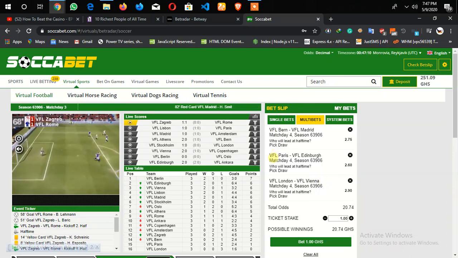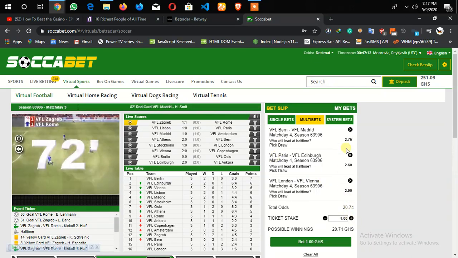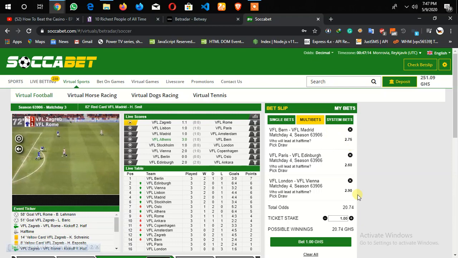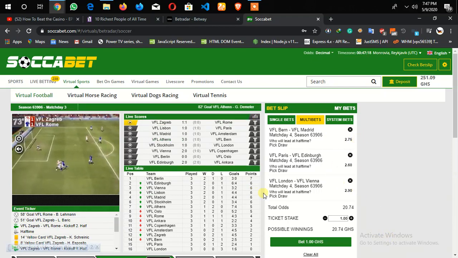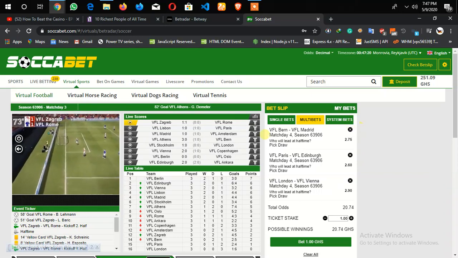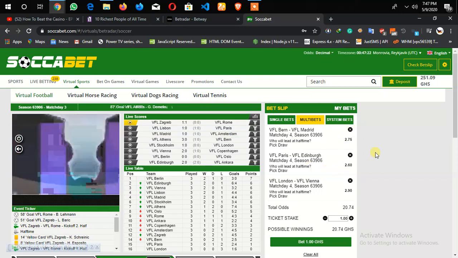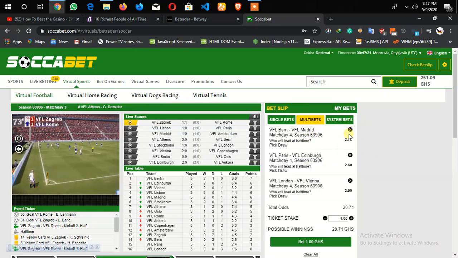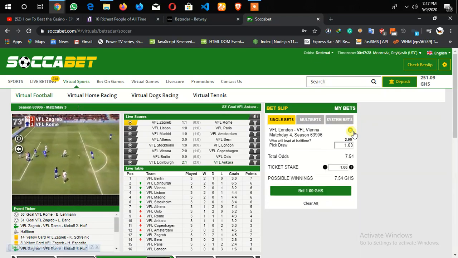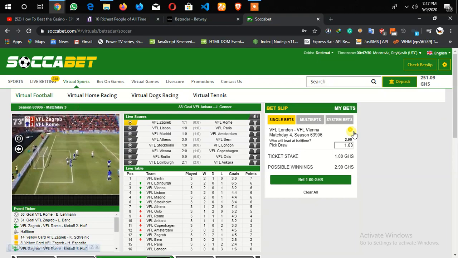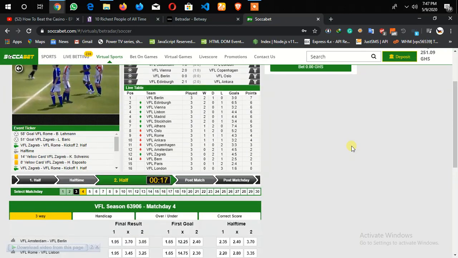Now there's a very confusing thing that I keep seeing people ask me: Danny, how do I bet? I wouldn't want you to be betting these games like this, which is multiple. That is because if one game fails, the whole thing is completely gone. So I'm going to be giving you a strategy, a way to actually bet on this. The only way to bet on this that will be safer is to remove all these and bet on them individually. But first of all, you have to wait for post-match.